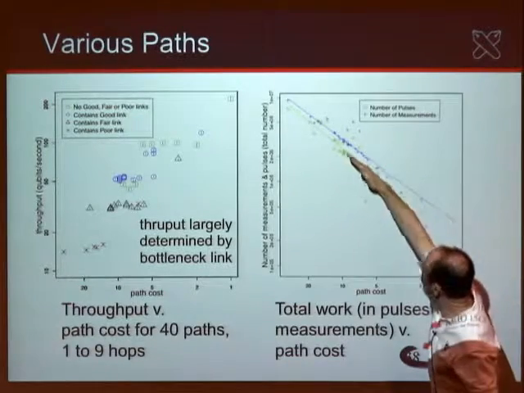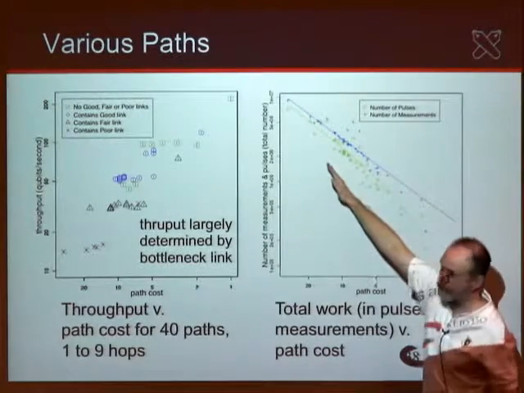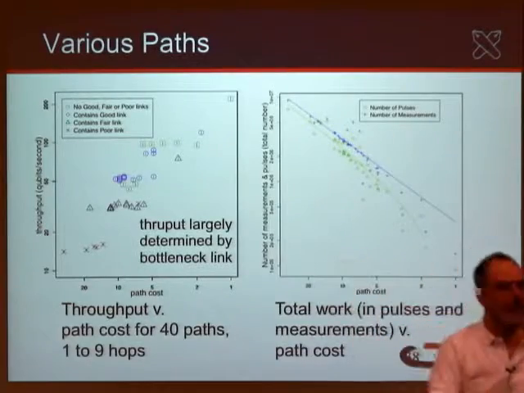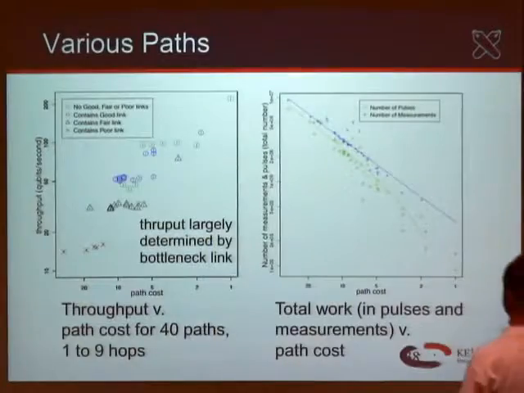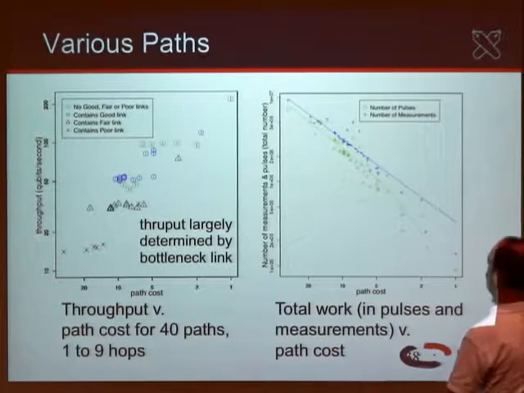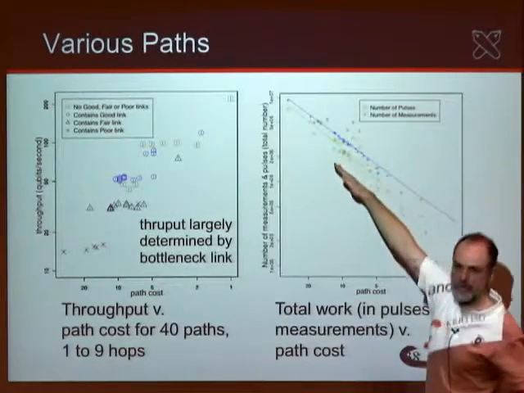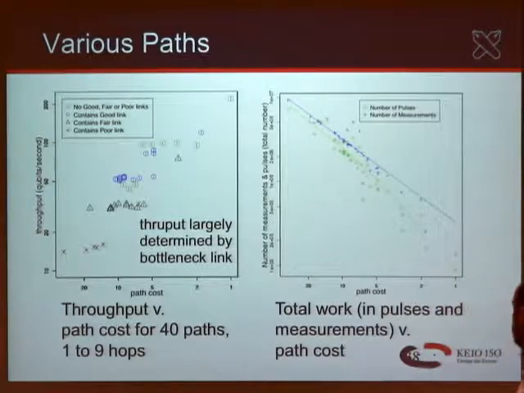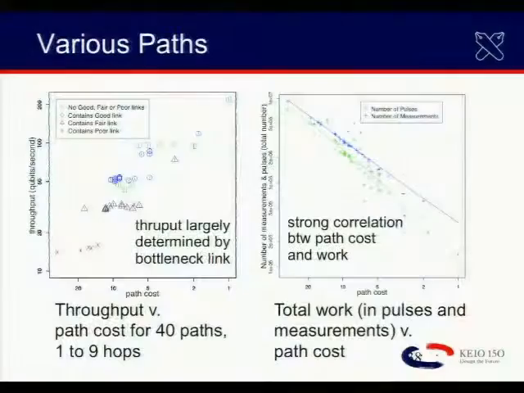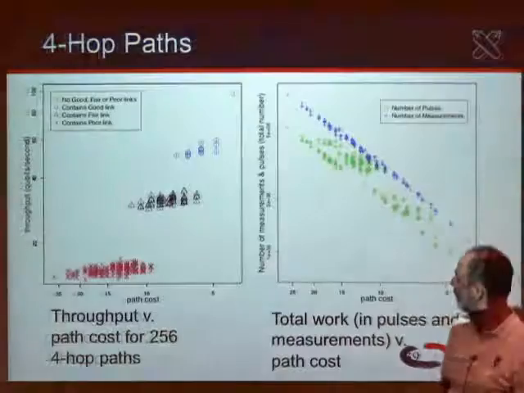On this side over here, comparing the total cost, again, the same set of things. Number of measurements here on this line and total number of pulses in the green triangles. And you can see just from looking at this that the measurements are actually going to be a more consistent overall measure of your total cost. They tend to hew more closely to an actual line than the green ones do. And statistics on that are in the paper.